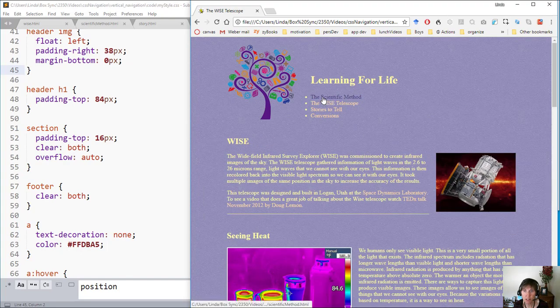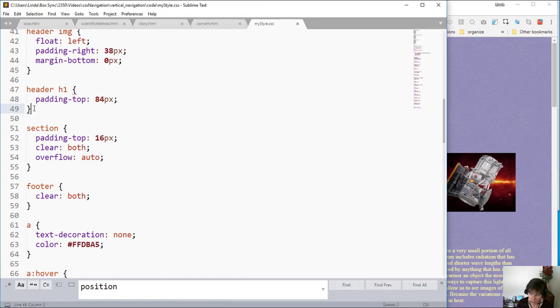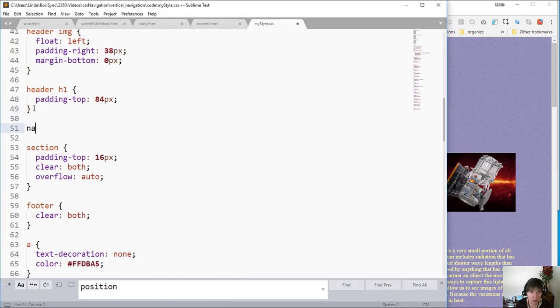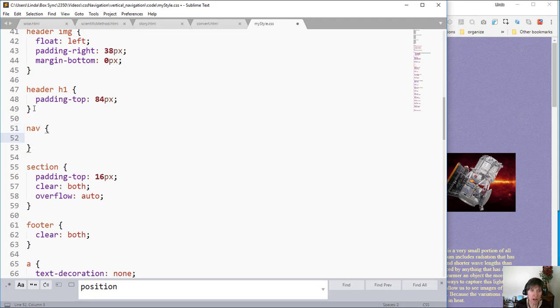And now as we set the style, since we're using a common style sheet, it will make the changes to all of them. Well, first off, I want to move that navigation down below this image. This image is currently floating, so everything below it is moving up. And I want that for the heading, but I want the nav to be below it. So I'm going to create a style rule for the nav,